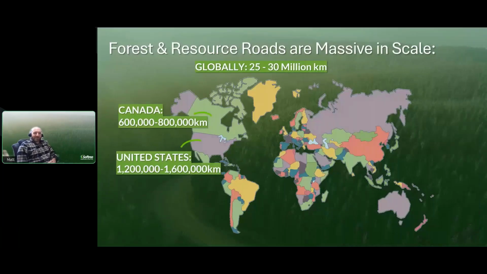So I promised we'd touch on the scale of things. A lot of the time, roads are there, but they're not remarkable, and even if there are small issues, it's just a small issue. But if we scale that up to think about how many resource or forest roads there are globally, it's an enormous number. So even those small issues can have a significant impact. But then, of course, if we look at high profile issues and major failures, then the impact of our roads is top of mind.